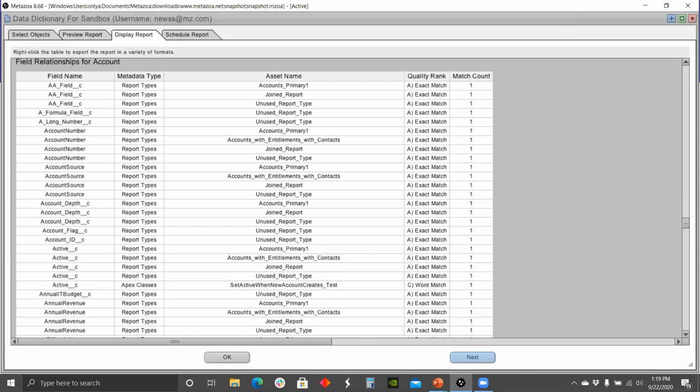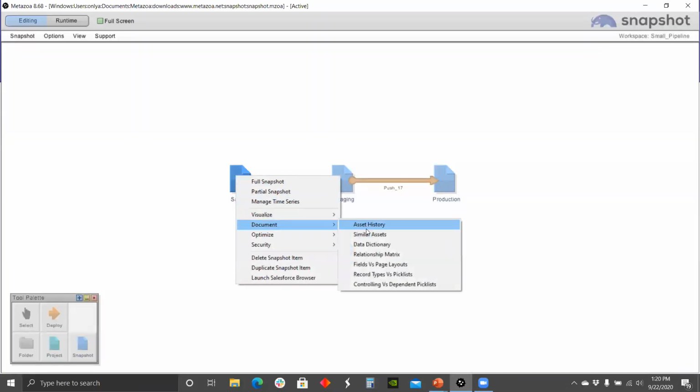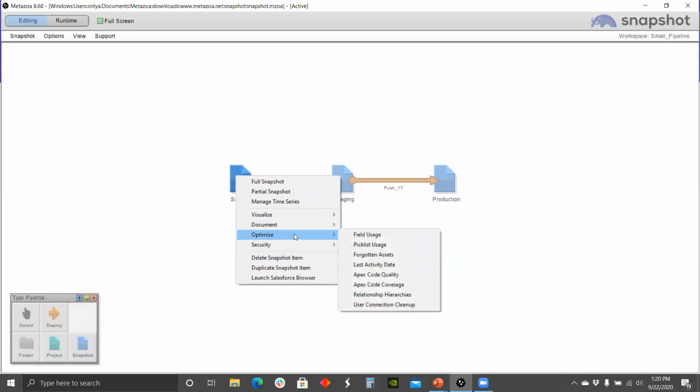And a lot of times this also gets used for compliance purposes, but just whatever makes sense for your org. And of course, with a right click, I can export it or share it with the team. All right, so we talked a little bit about documentation there. Obviously, lots of other ways to document things and look at the structure of things. But let's really get into the thrust of this